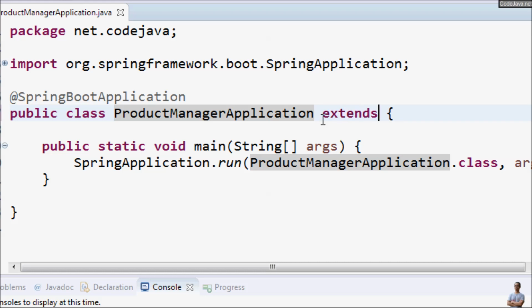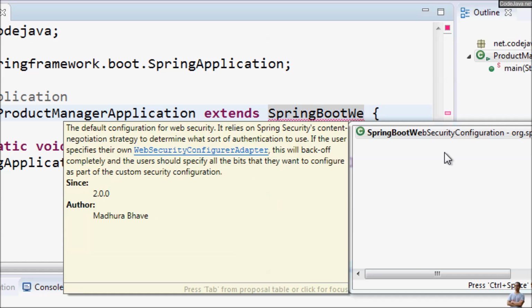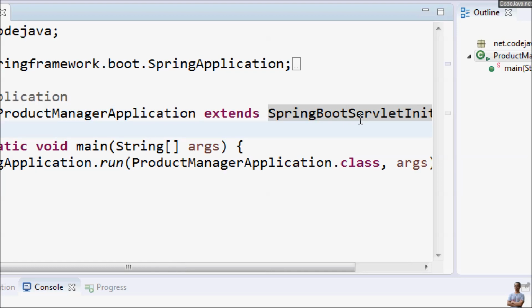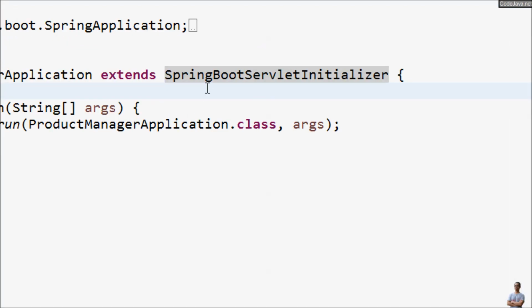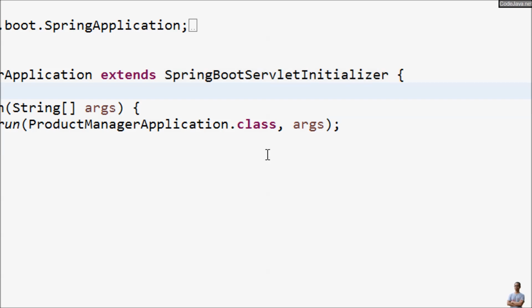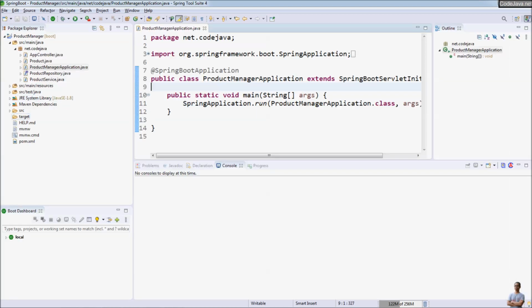So we extend SpringBootServletInitializer here. You see, that's extend this class. So the first step is to extend the Spring Boot ServletInitializer class in the Spring Boot main class, and next